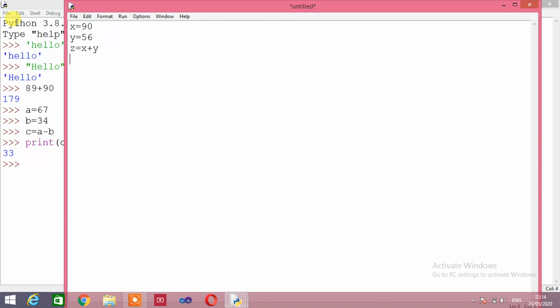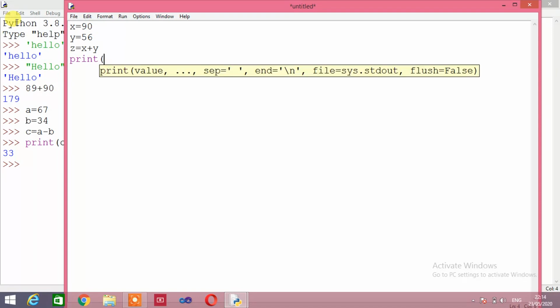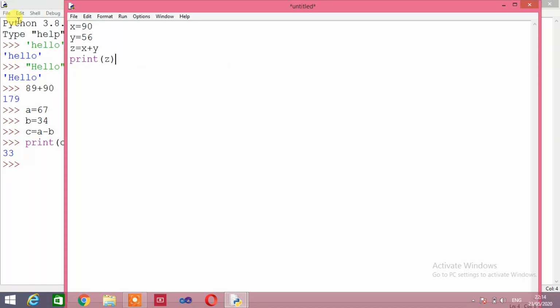Now I am going to print z. Now this is the same program, but here I can save this program and run it in future also. Okay, but the program which you write in the interactive mode will be erased after closing the window, that cannot be used in future.